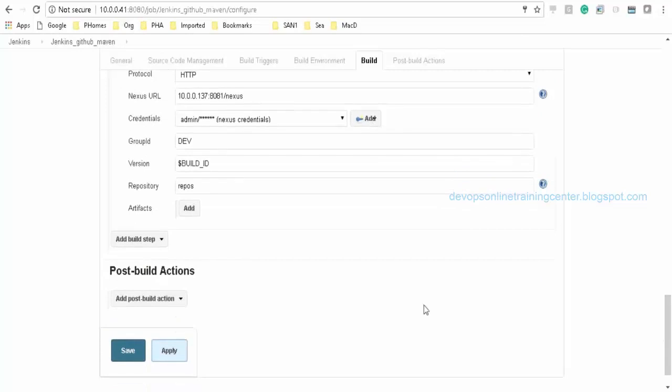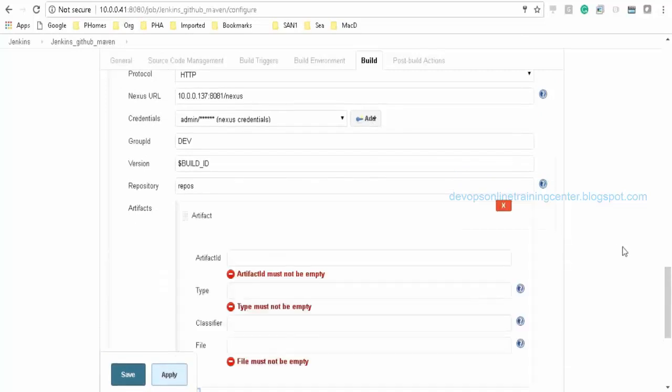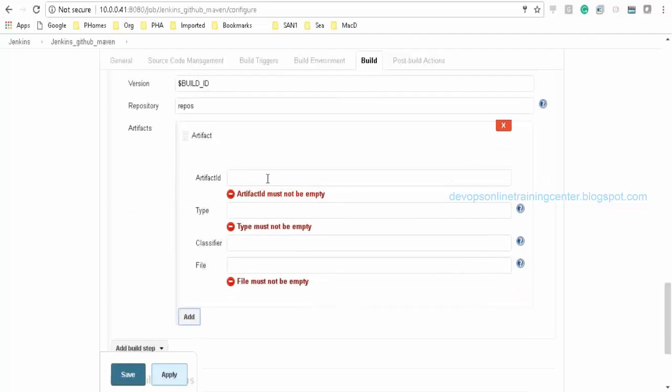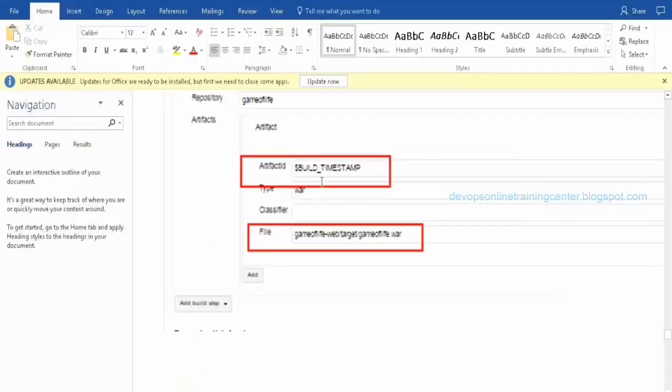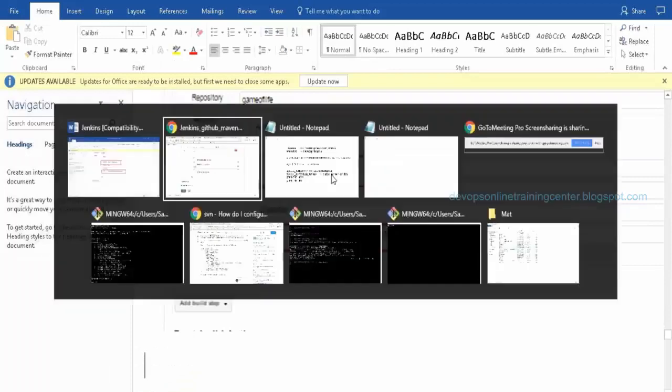Yeah. It's a variable already defined somewhere? Yeah, this is default defined by Jenkins. Build ID, build URL, Jenkins URL, Jenkins home. By default, if we use it, it picks up. But build timestamp is not a default variable. To use build timestamp, we need to download the plugin and install it. That's what we did for build timestamp, right? Okay, so artifact ID is build underscore timestamp.